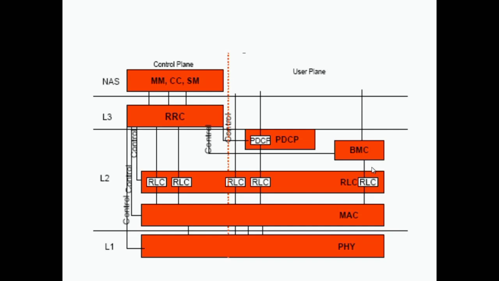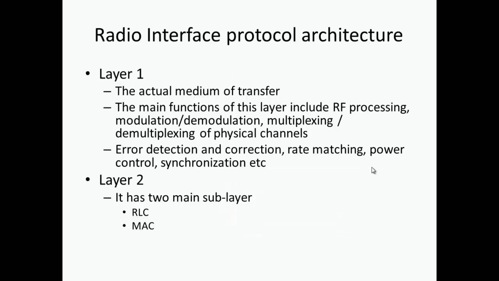The control plane is concerned with the signaling and control required to establish the connection between a UE and the network, and requests for specific services or requests from the network are handled in the control plane. Whereas the user plane specifies how the user data is to be transferred across an interface after the connection has been established.